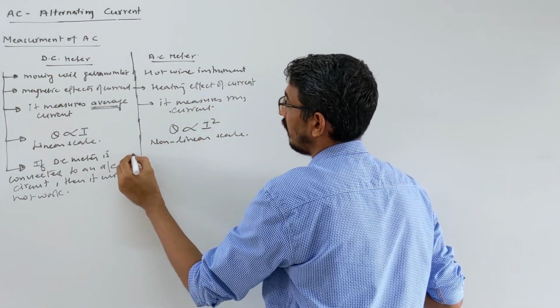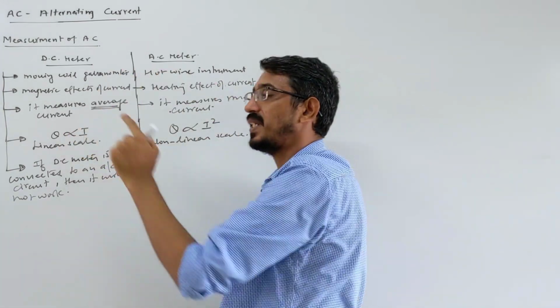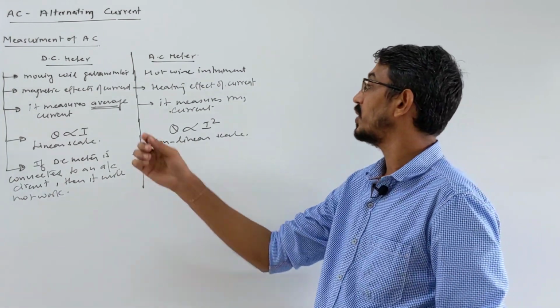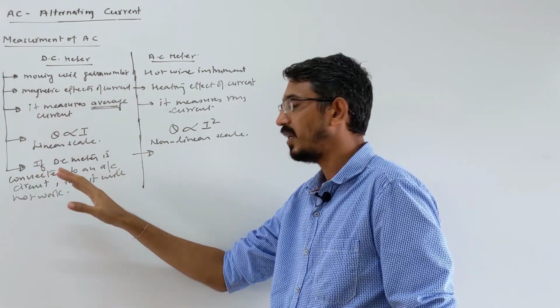But what happens to this guy? Look here. Can we connect this AC meter to our DC circuit, and will it measure any current? Yes, it will measure the proper value. Why? Because this works on the heating principle. Heat is produced here also, and heat is always proportional to